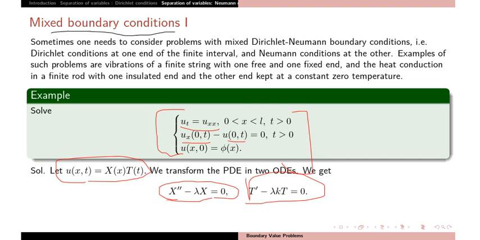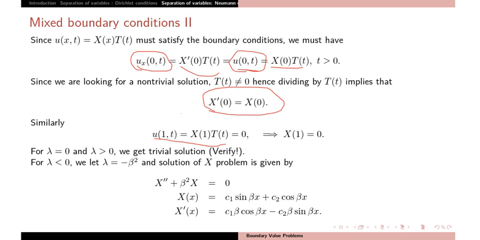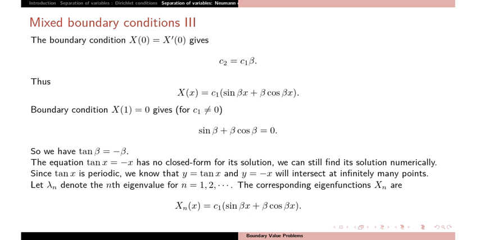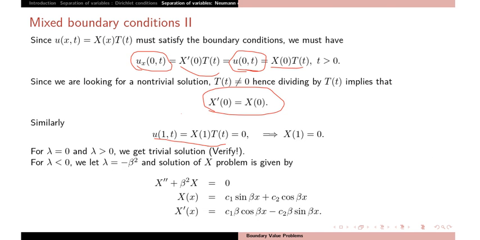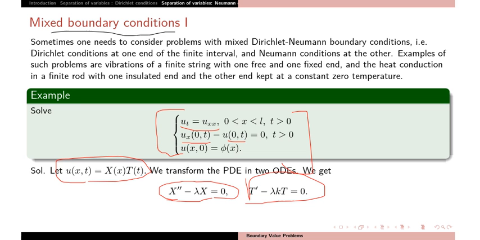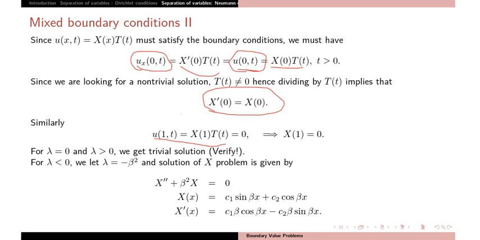is not written here. Okay, there is a problem in the question. So the question was from 0 to 1. Okay, just take 0 to 1, and you have one more condition that I have missed, that u(1,t). You need two conditions, one at 0 and one at 1. u(1,t) is 0, that is given. Okay, so add this. First condition is only at 0, and second is at 1. u(1,t) equal to 0. Okay, so u(1,t) = 0 will give you X(1) equal to 0.